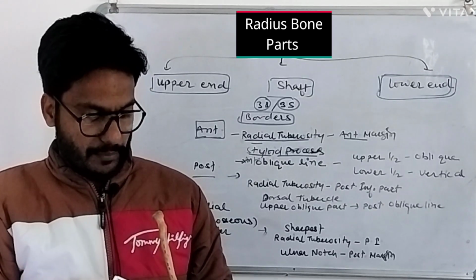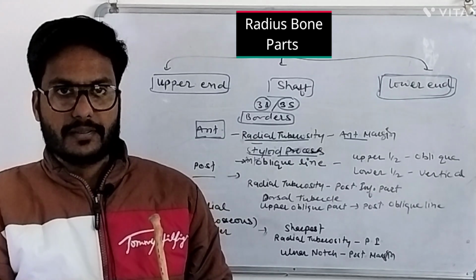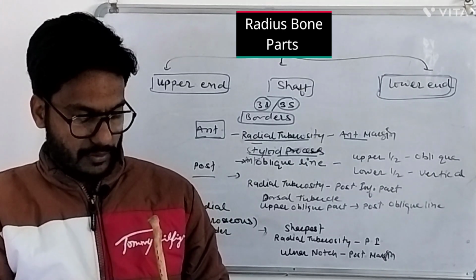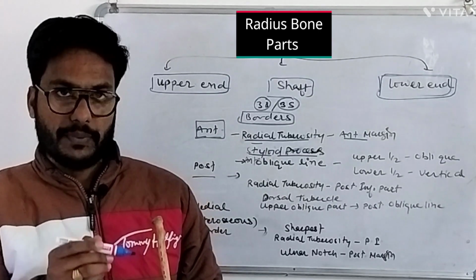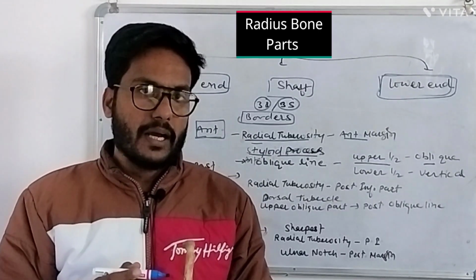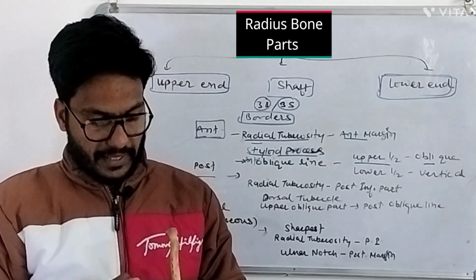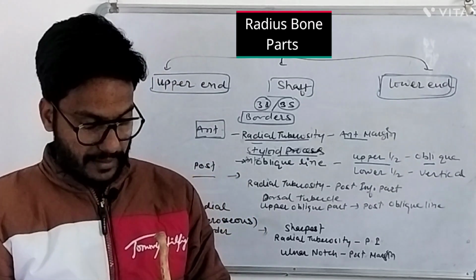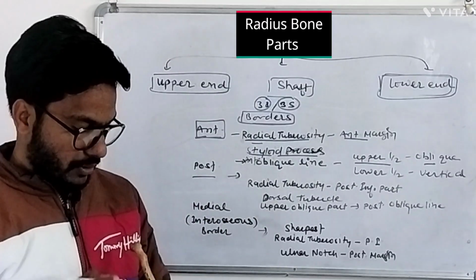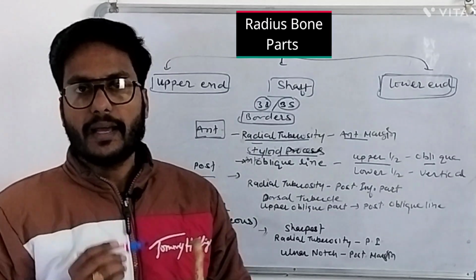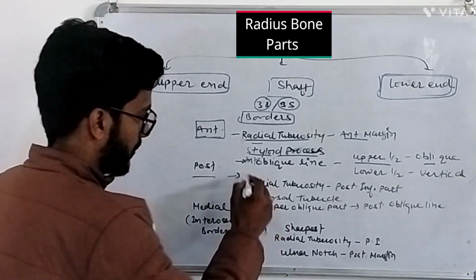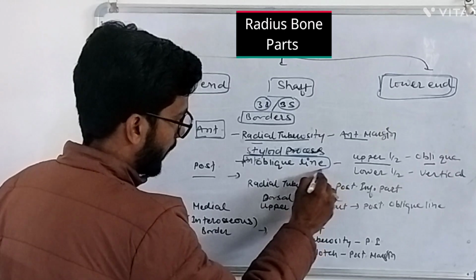तो ये वाला जो आपका बॉर्डर है दैट इज द एंटीरियर बॉर्डर ऑफ द रेडियस। It starts from the anterior margin of the radial tuberosity and then goes to the styloid process. अगर हम अपर हाफ इसका देखते हैं तो ये ऑब्लिकली रन कर रहा है, लेकिन लोअर हाफ में ये वर्टिकली रन करता है। तो जो ये ऑब्लिकली रन कर रहा है इसे हम एंटीरियर ऑब्लिक लाइन कहते हैं। दिस इज द एंटीरियर ऑब्लिक लाइन।